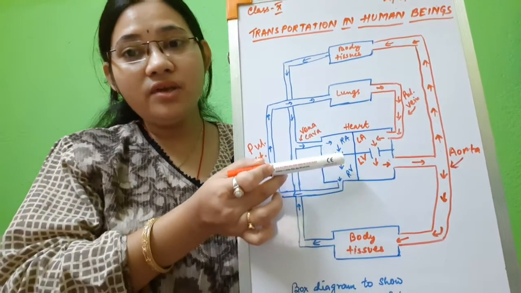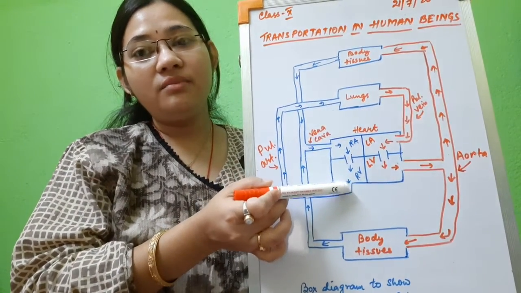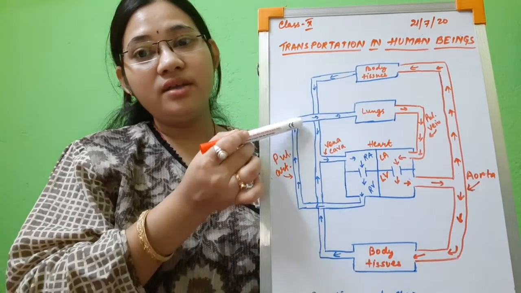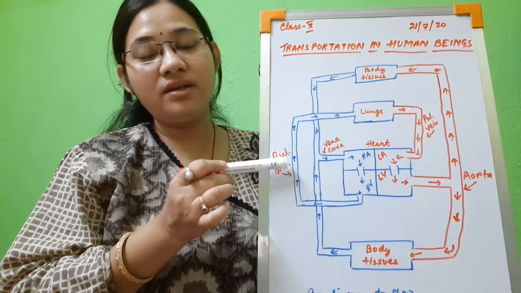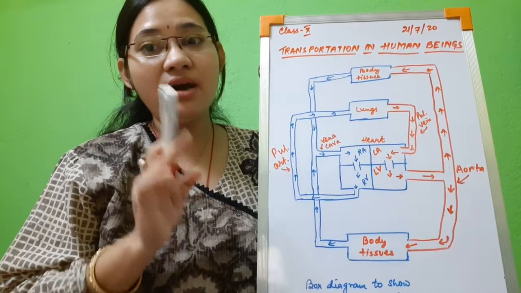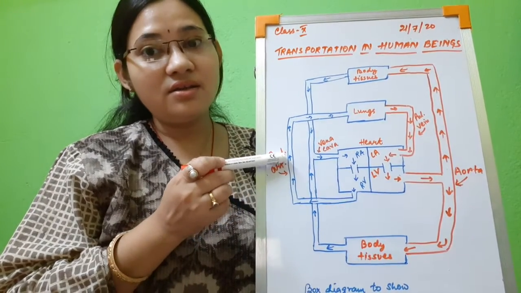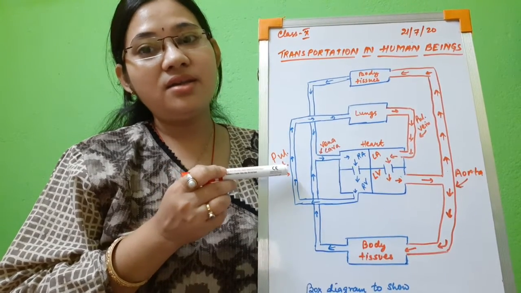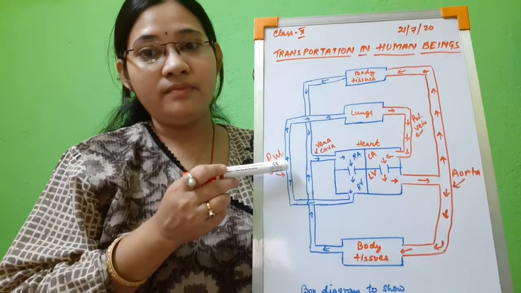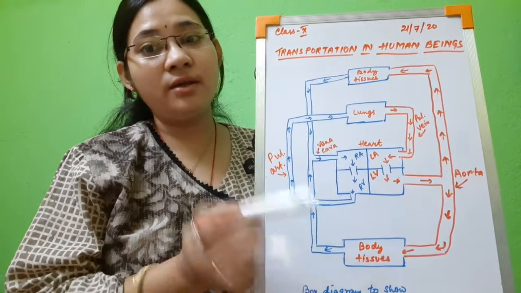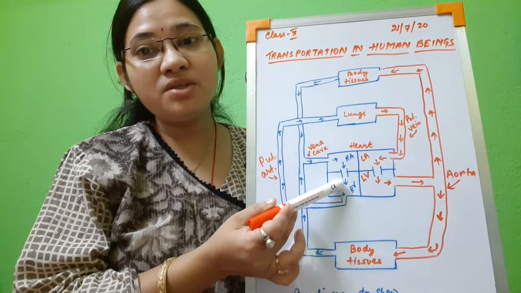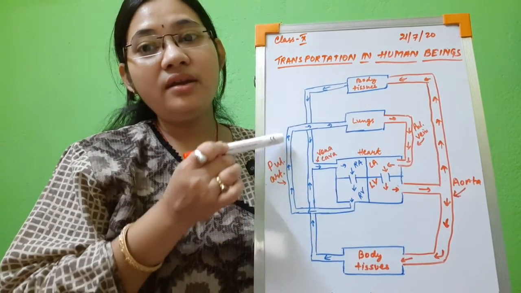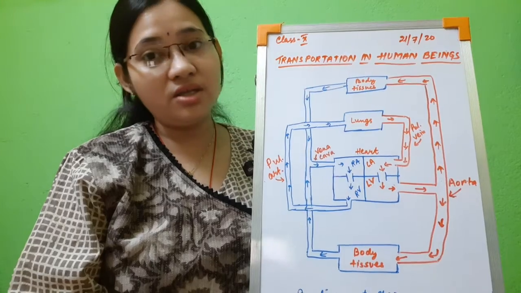Now the right ventricle will pump the blood to the pulmonary artery. So this is the pulmonary artery. In spite of being an artery, this particular exceptional artery, the pulmonary artery, carries deoxygenated blood. So please remember, don't get confused. The right ventricle pumps deoxygenated blood into the pulmonary artery and it is carried to the lungs for purification.